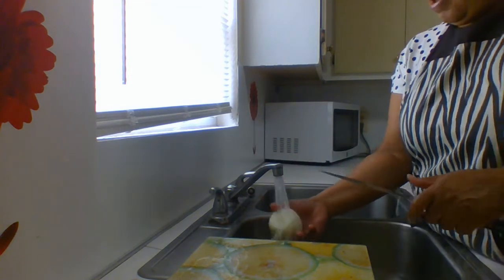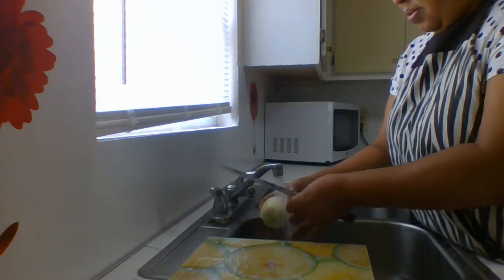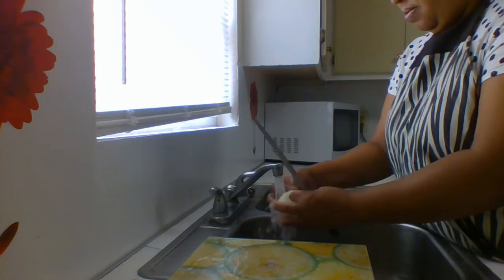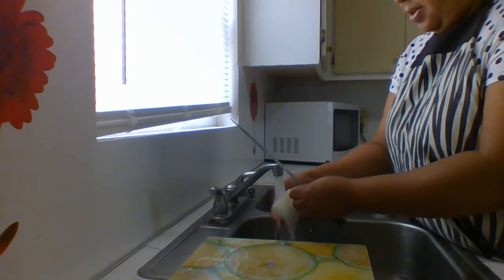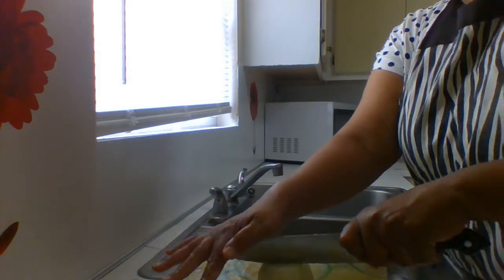And I make a mess when I cook. It's called a loneliness mess. But I clean up as I go. I just need 1 onion. And that's all. I cut the onion up